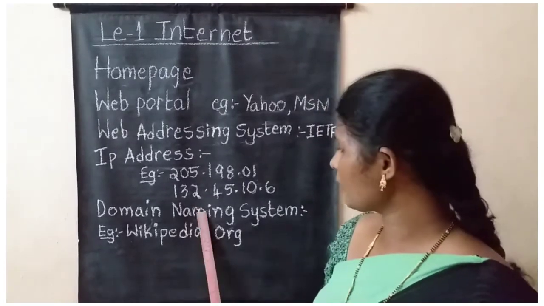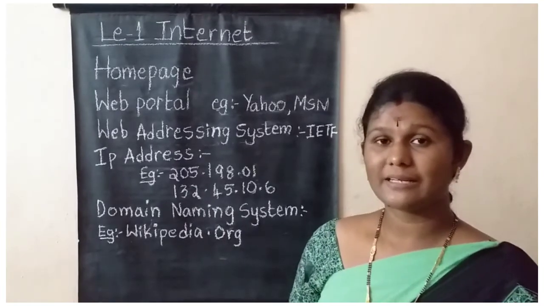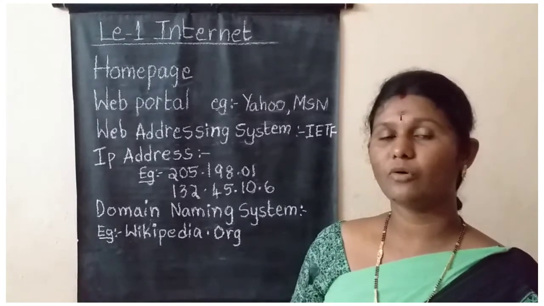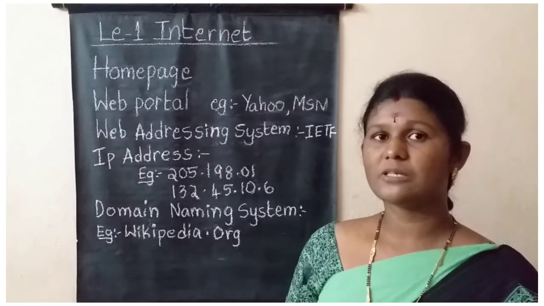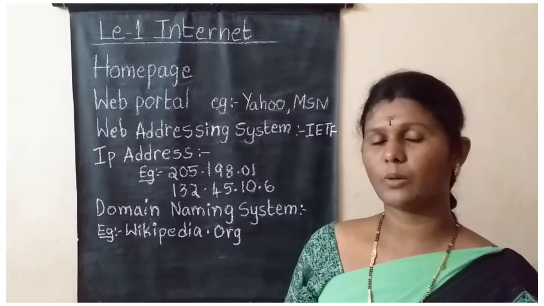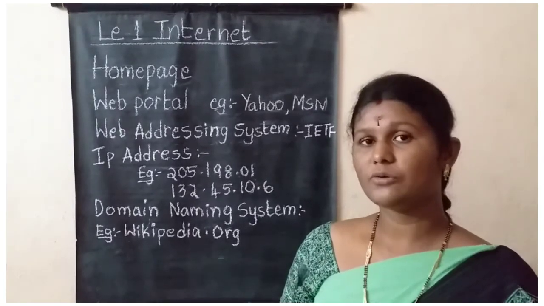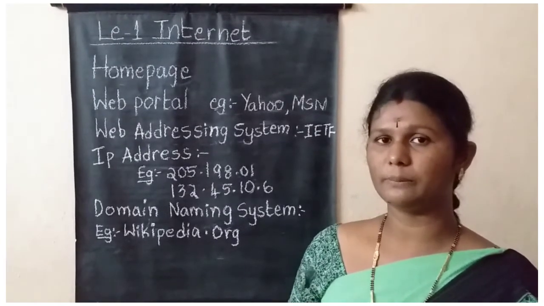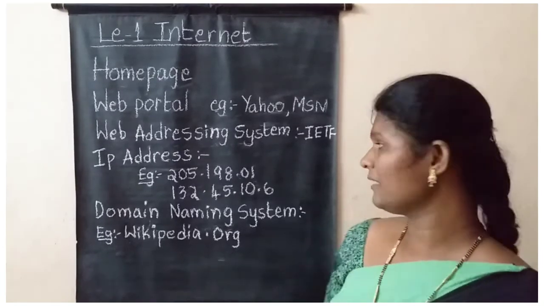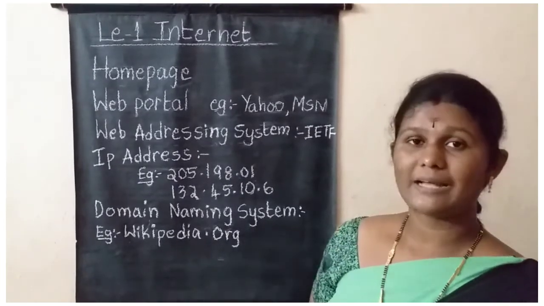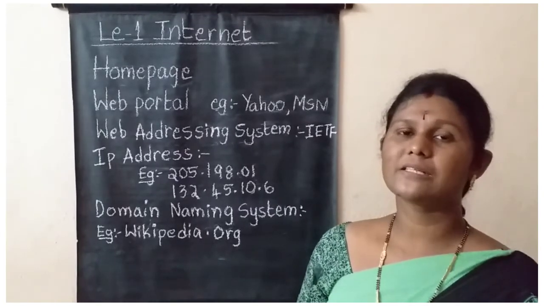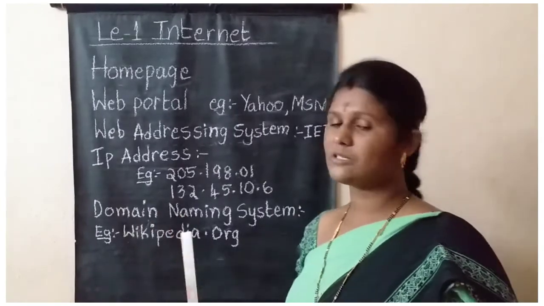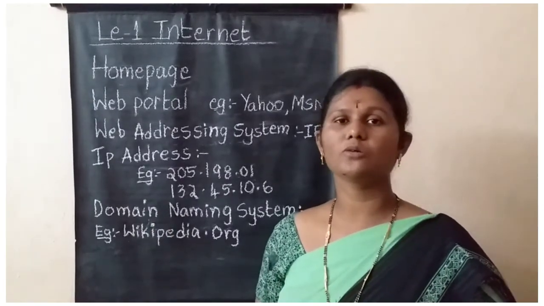This domain naming system acts like a directory. In the previous days we used to have a telephone directory: those who had taken a connection of mobile phones or telephones had their names recorded in the directory. If we wanted to call a number, we would open it and look. Like that, the domain naming system acts as a web directory which contains a long list of web pages. For example, the domain name of the Google search engine is google.co.in.